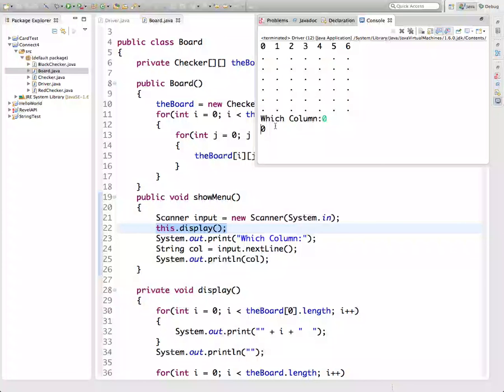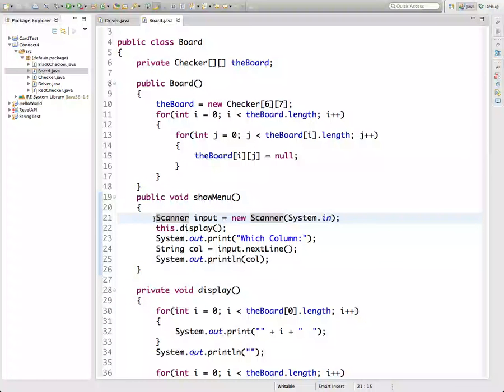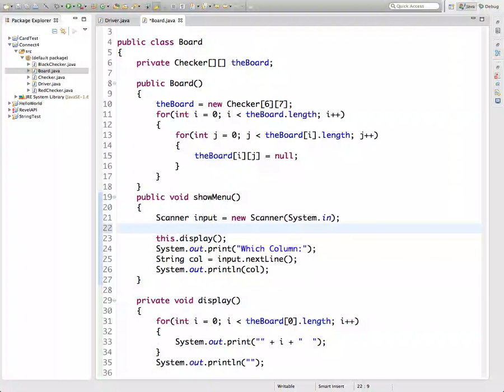Well, for the sake of our own sanity here, we're going to assume that the column, well, let's see. I don't want to make that assumption. Let's make sure that they give us legal input. That is some number between 0 and 6. That make sense? Those are the only legal inputs here, 0 to 6. So we'll create our scanner. We'll say do